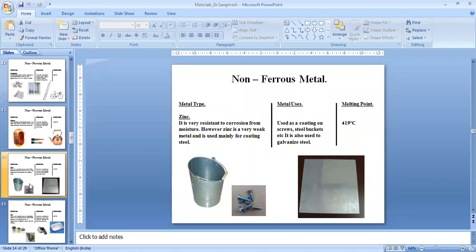So zinc, normally we use it for coating. For example, sometimes ferrous metals, that is steel and iron, are coated with zinc in order to prevent corrosion. Because of the resistance it offers to corrosion, it is very highly resistant, so that is